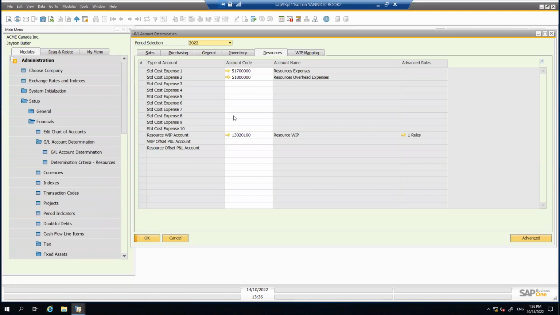Yeah, that's right. We create a resource first, and then each resource is attached. It's the same principle as an item. A resource belongs to a group of resources, and the group of resources is linked to a GL account determination,